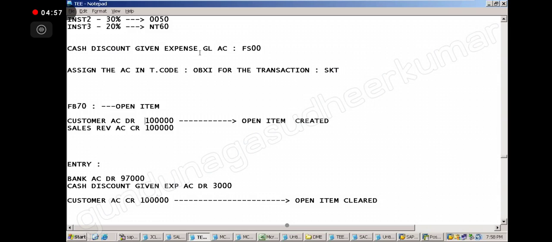Got it. Okay, note down everybody the entry if you want to note down. So cash discount account is always debited. So bank account debited 97,000. Yes, correct. Money is coming in, 97,000 rupees money is coming in.